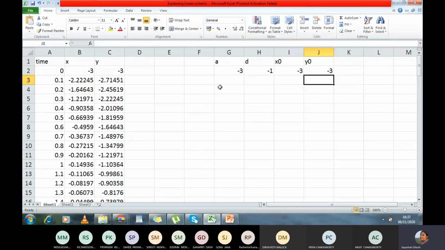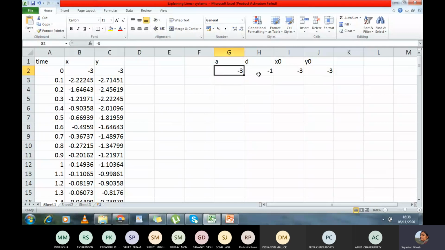What I did here is this. You can see A and D written here, right? A and D are the diagonal entries of the ABCD matrix. My B and C, the off-diagonal terms, are 0. A is the value I am assigning for the X equation, and D is the value I have assigned for the Y equation. So the matrix is now A, 0, 0, -1, where A is equal to -3, D we have fixed at -1, and we are trying to look at the different ways the trajectories will traverse the phase space.